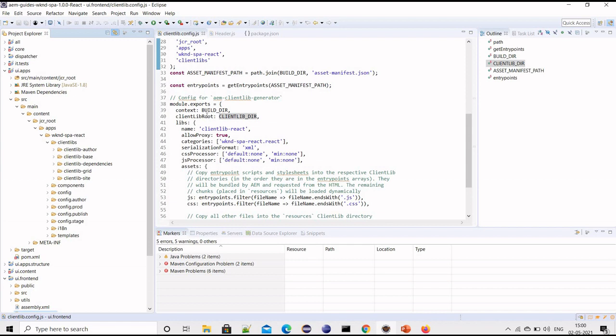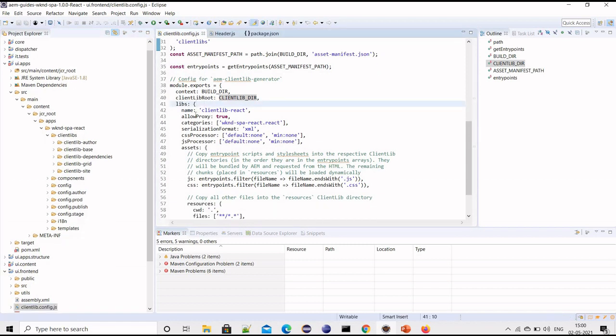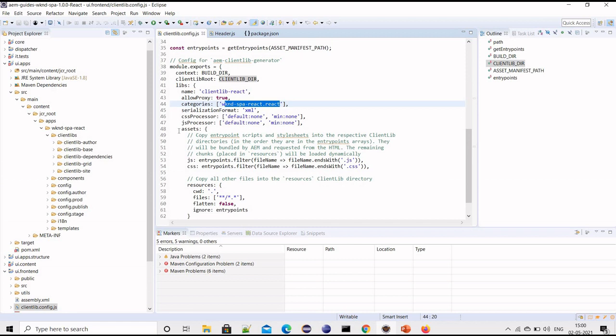What we are doing here, line number 41, is saying we want to create a new client lib React. Then we have the categories concept in client lib, so the category name will be we can spar react, and the assets are what will be copied inside the client lib.